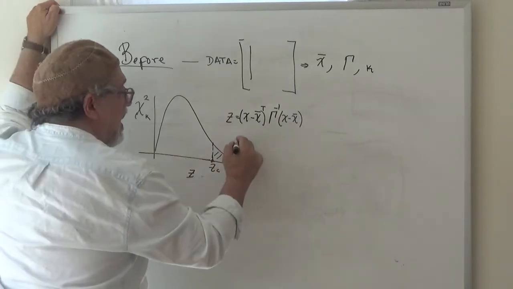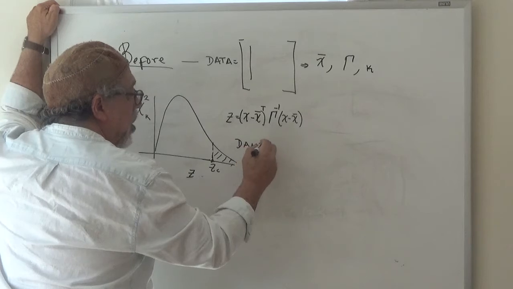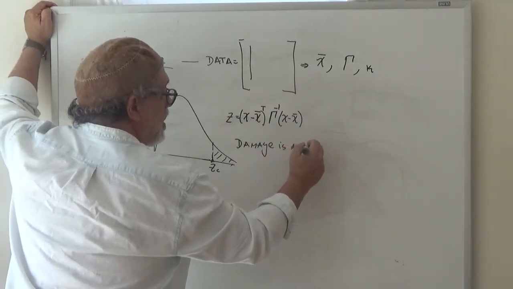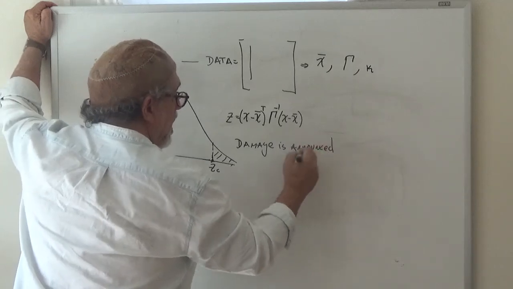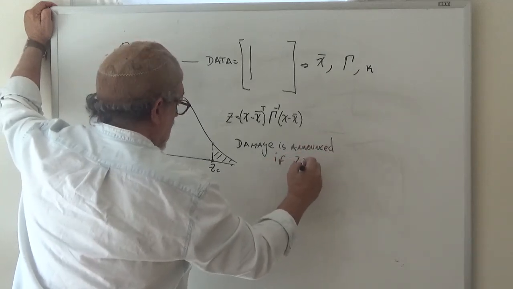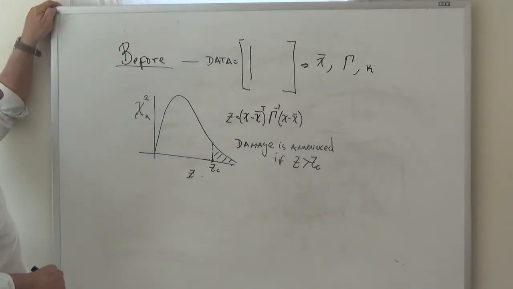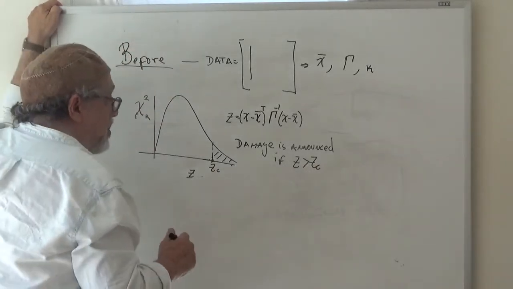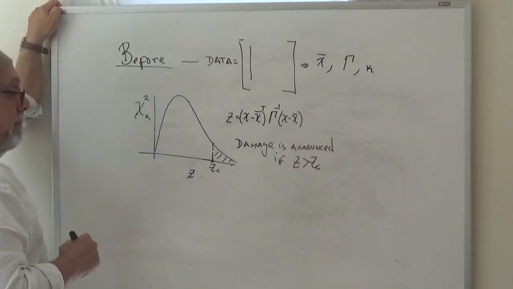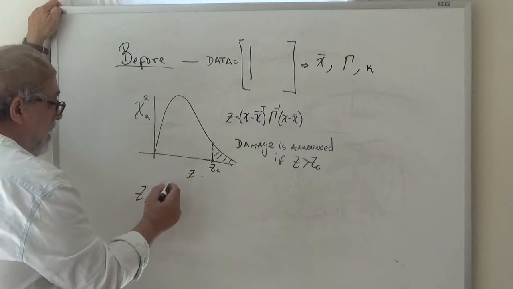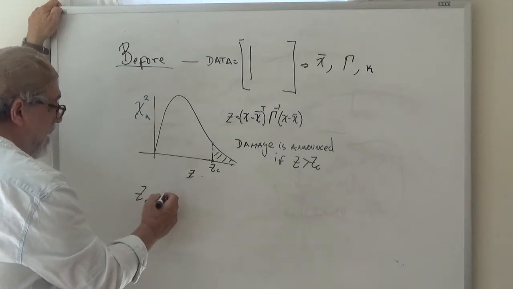And so we say that damage occurs, or damage is announced, if z is greater than z critical, right? And we find z critical using the inverse CDF, right? So we said we found it with, let me see if I remember, something like